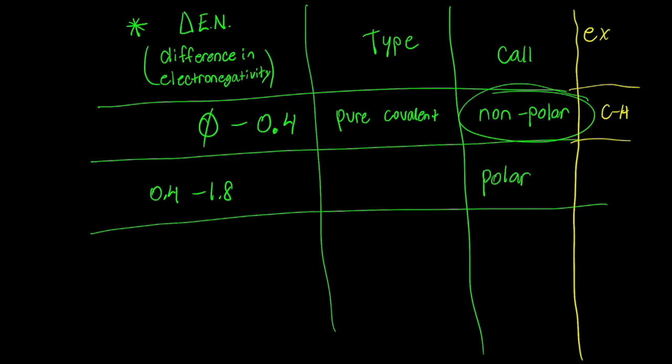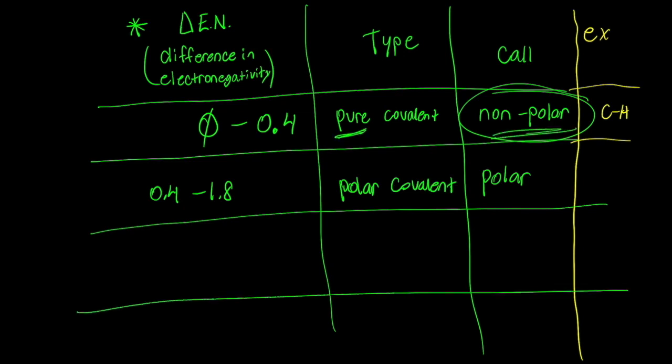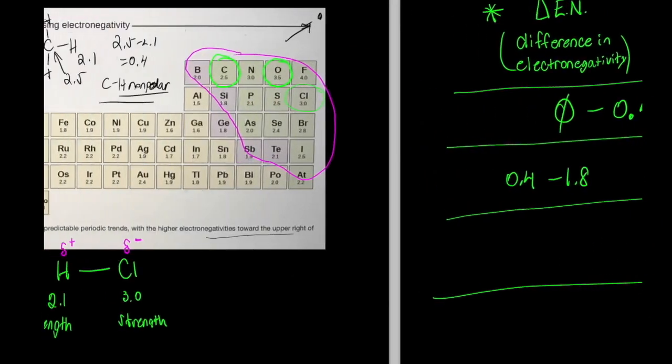Okay. I never really call it pure covalent, I just call it nonpolar. All right, so what's an example of that? Between 0.4 and 1.8, an example of that would be